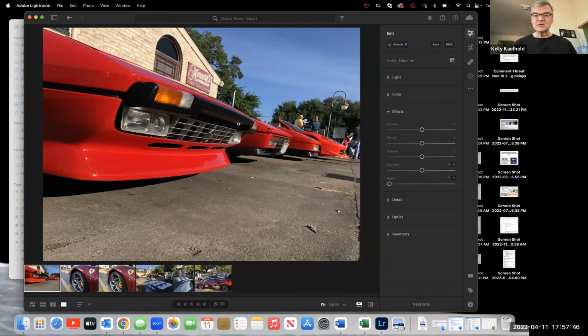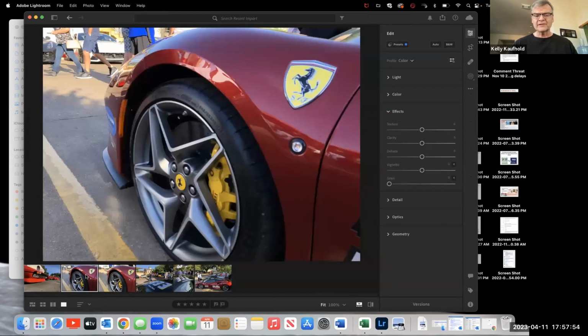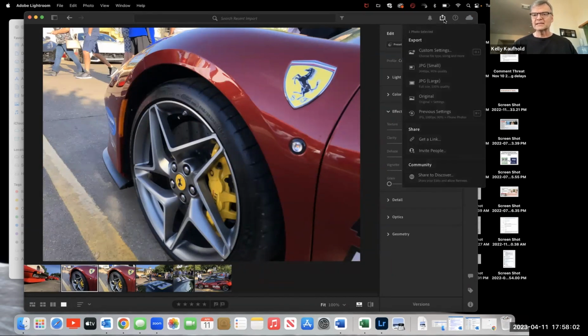Now for each subsequent photo, it's going to remember what folder I wanted it sent to. So I'm going to go down to this film strip at the bottom and click the next image. I don't even have to do all of these because I think these are close to identical. I like this one better because it has people walking in it. So I'm just going to do 4 images. I will hit